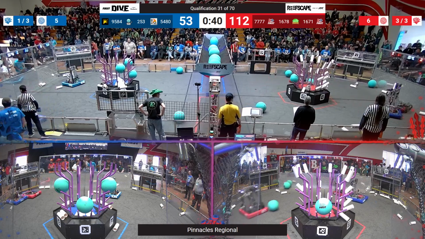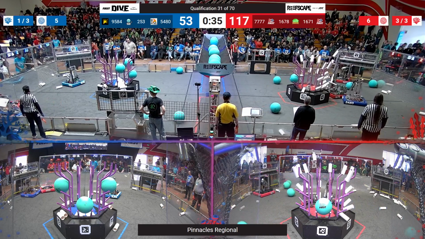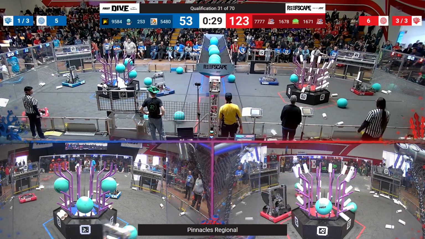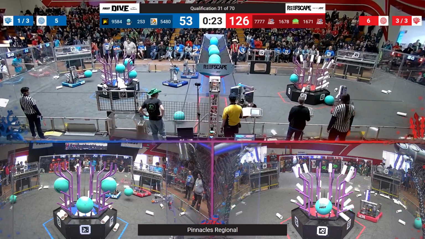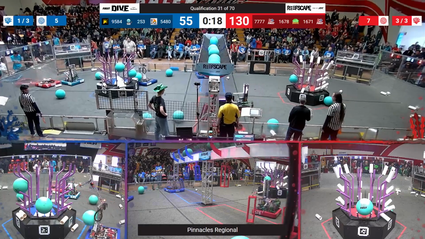Citrus Circuits scoring up high again. They do have the 3 out of 3, so we have another Coral RP for the Citrus Circuits as foul flags are getting waved here. Blue Alliance contacting in an inappropriate zone location as the Citrus Circuits keep missing, though. They do have plenty of coral scored, so maybe it's now time to go for the...